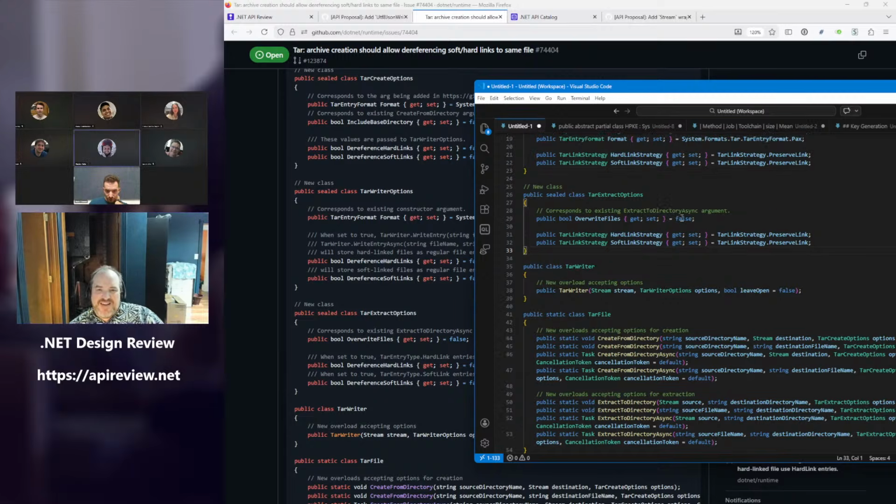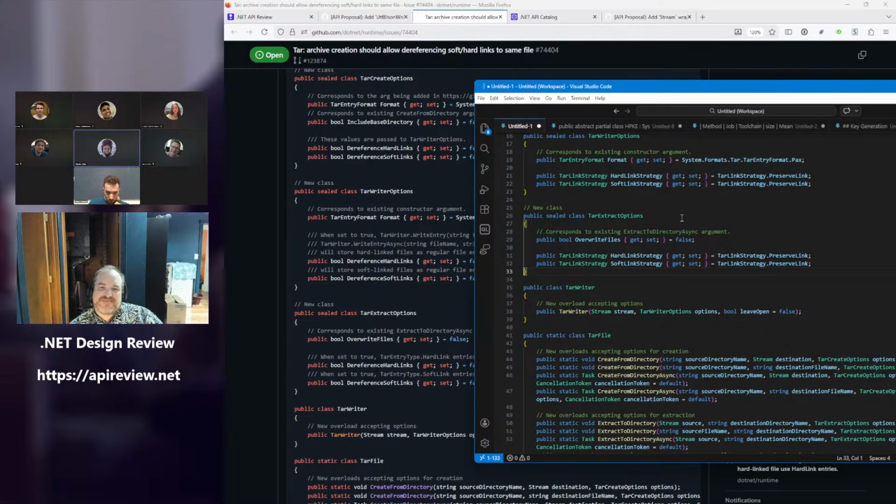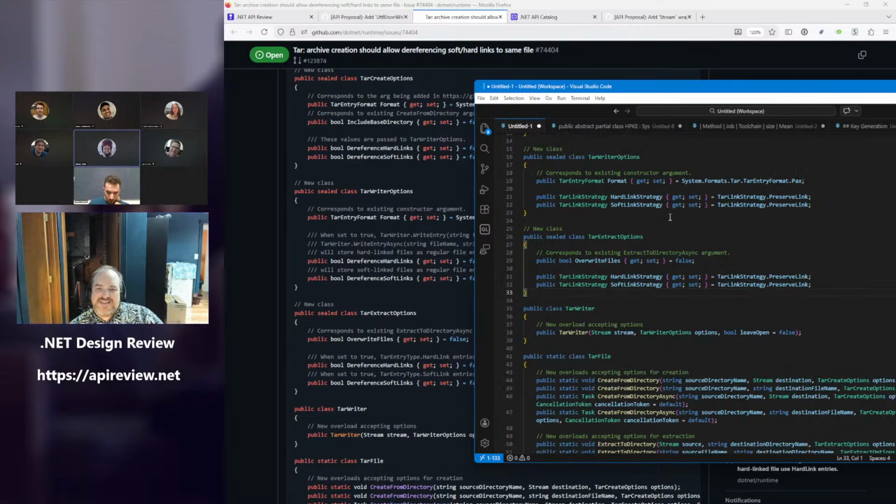Okay. Did you see the thing? Good chat point. If we use symbolic link elsewhere in APIs, we might have to consider that. Yep. I was about to voice that one. So here we say hard and soft, but there's a suggestion that elsewhere we say hard versus symbolic. However, if the mode